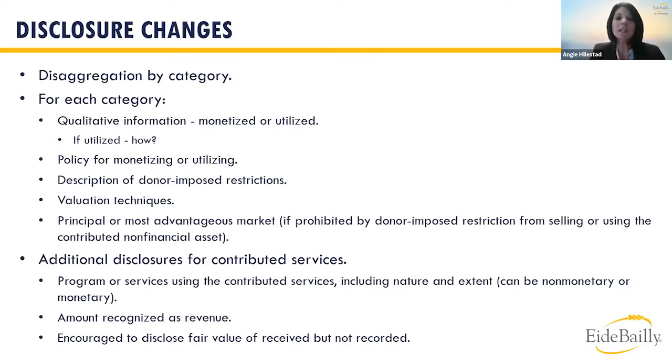So, thinking about this, take a step back to when we talked about fair value. How did your organization determine the fair value of the donated office space that you recorded in the financial statements? Did you look at comparative market analysis? Did you go to a real estate broker and say, what would we have to pay? If you received an allotment of used desks, did you go to a furniture warehouse and say, all right, if we were buying this similar desk, what would the price be? You have to include all that information in the financial statement disclosures so that the reader understands how you came up with the value that's recorded in the financial statements.